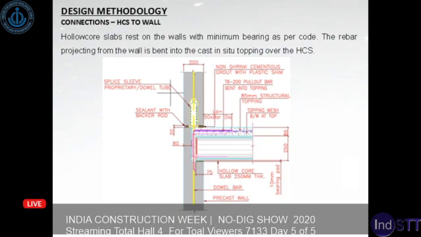The other connection is a hollow core slab to wall connection. The hollow core slabs rest on the walls with minimum bearing as per code, which is typically 75 mm. In special cases, it can be reduced though. The rebar projecting from the wall is bent into the cast in situ topping over the